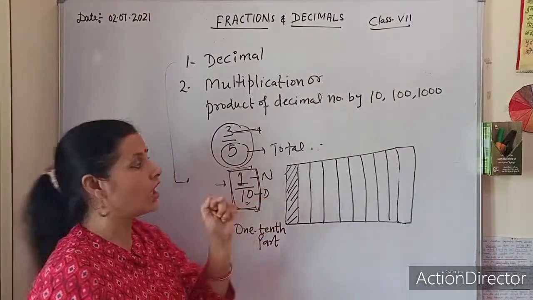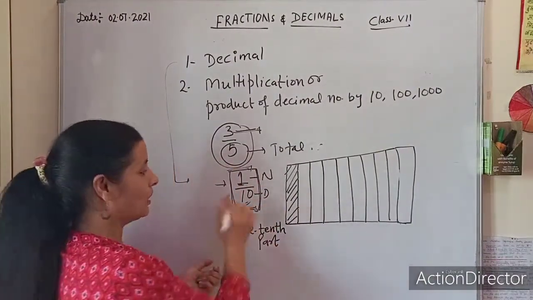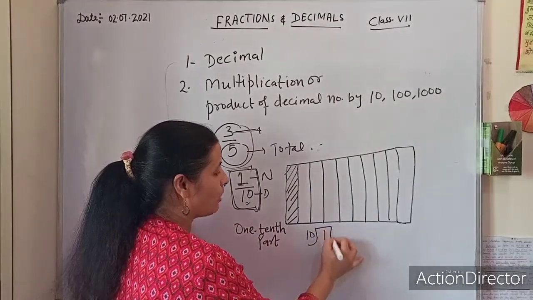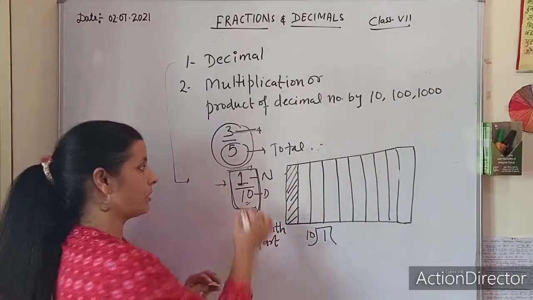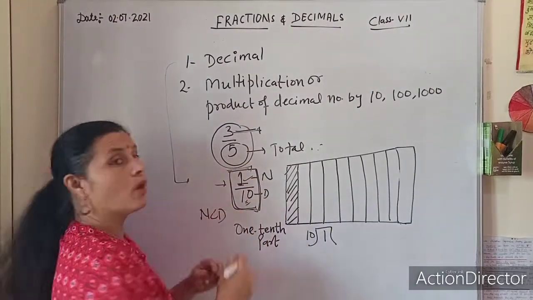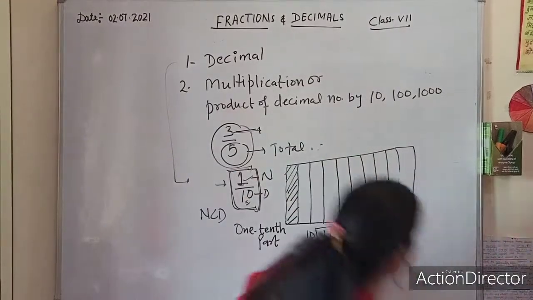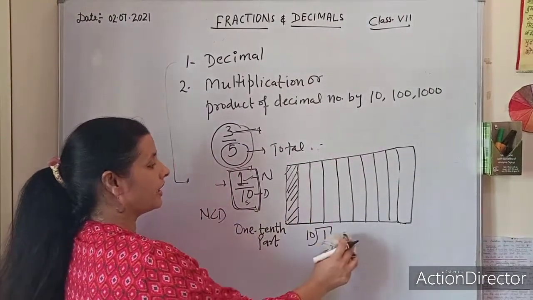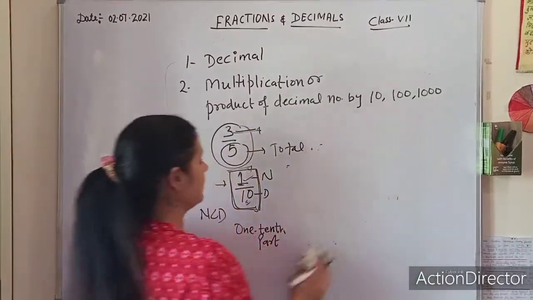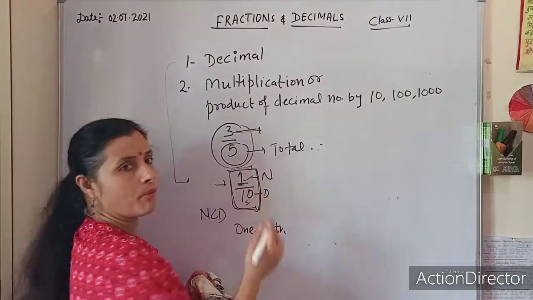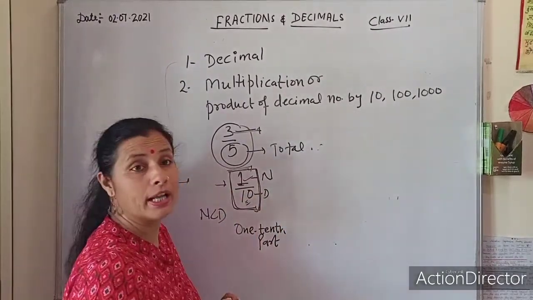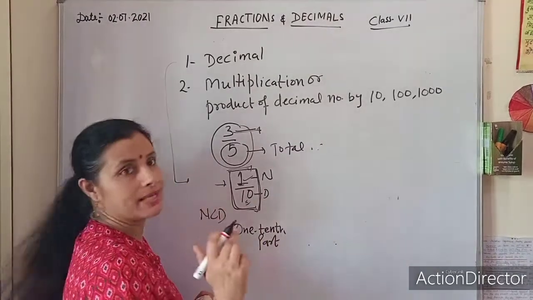Now I am going to convert it into decimal form. Generally, is it possible to divide 1 by 10? It is not possible, because the numerator is lesser than the denominator. So what will we do? Then we will convert it into decimal form. How to convert it? Simply, the denominator means divisor and the numerator means dividend, which I explained in a previous lecture.